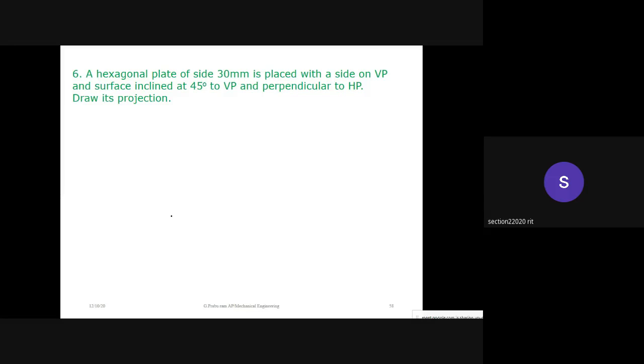So is there Rajalakshmi? Okay. A hexagonal plate of side 30 millimeter is placed aside on a VP and the surface is inclined at 45 degree to VP and perpendicular to HP. Draw its projection. So எனக்கு இங்க கொடுத்திருக்க plane, எனக்கு கொடுத்திருக்கிற plate or இங்க எனக்கு கொடுத்திருக்கிற lamina வந்து என்ன அப்படினு பாத்தீங்கன்னா